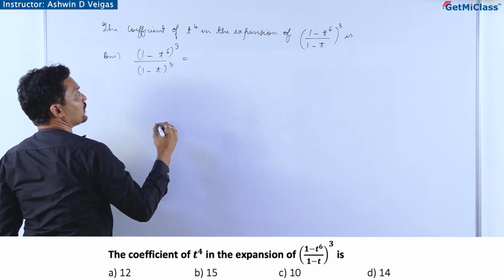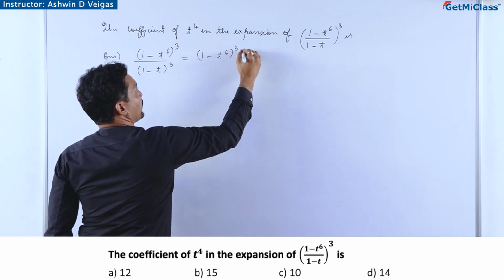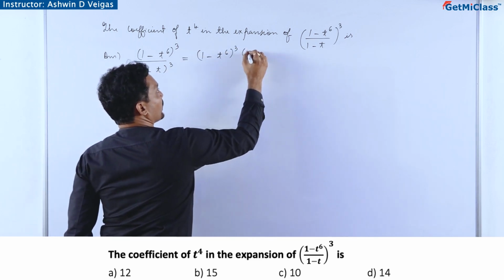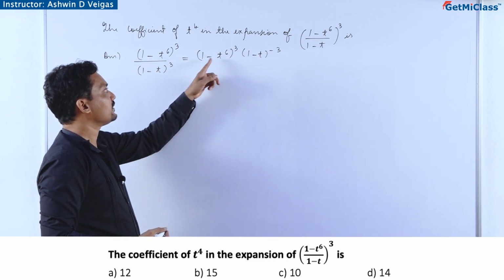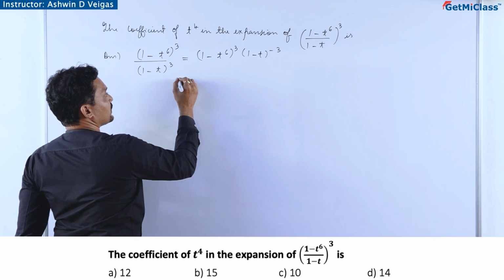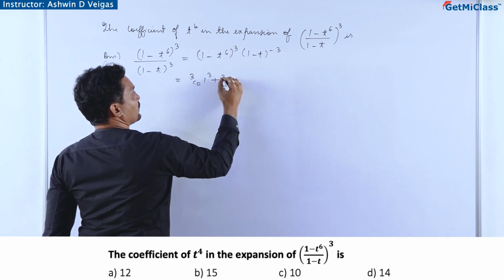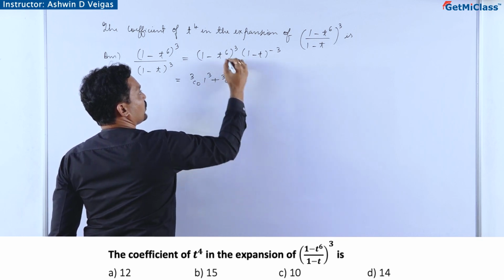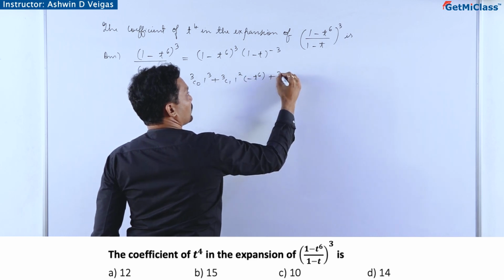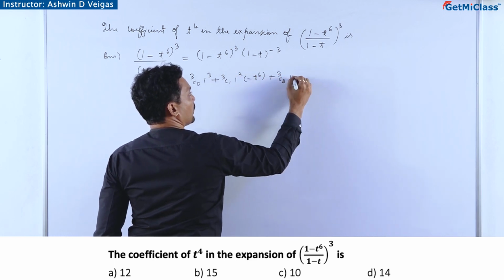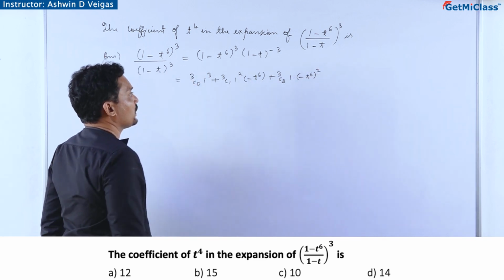Okay, now this can be written as 1 minus t power 6 whole cube into, now when we write it up, we can write it as 1 minus t power minus 3. Now for this is the usual binomial theorem. So this is nothing but 3c0 1 power 3 plus 3c1 1 square into minus t power 6. So the next term 3c1 will become 3c2, 1 square will become 1, this will become minus t power 6 square. Okay. Next term will become,